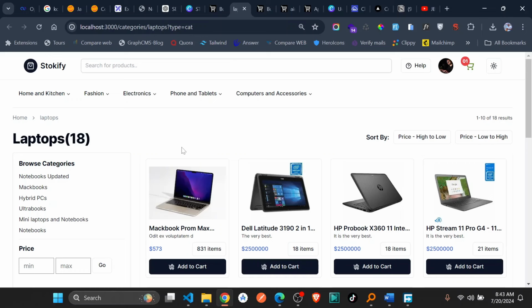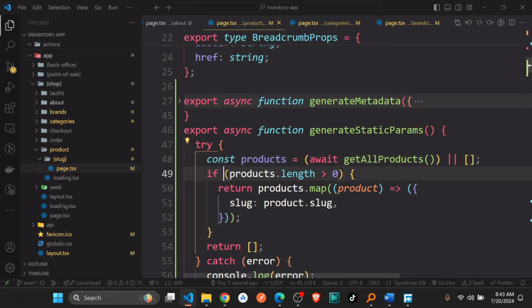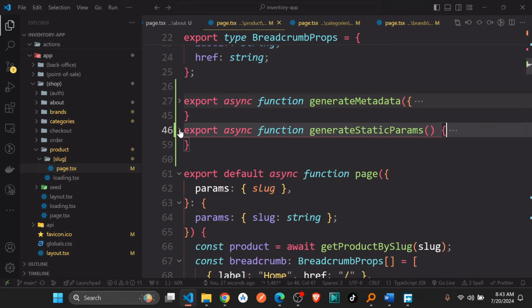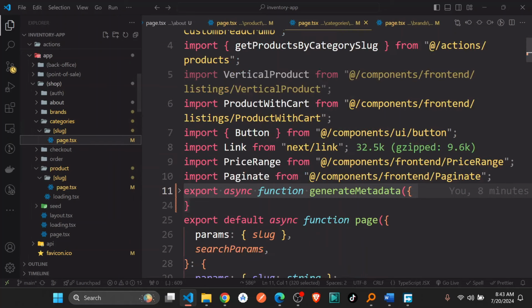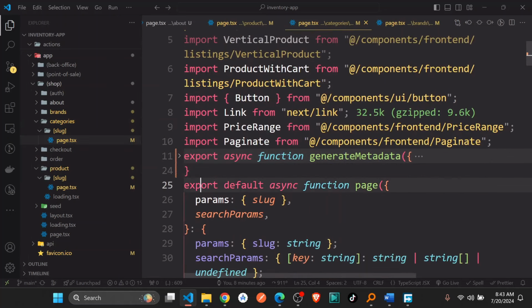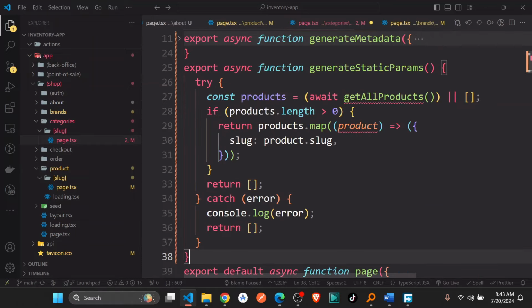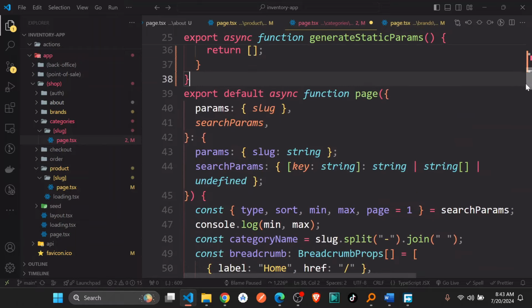Okay, so maybe if we wanted to do it for the categories, if I copy this generateStaticParams function, for instance, for the categories, if I just come here, now here on the categories we have somehow a complicated fetch, but